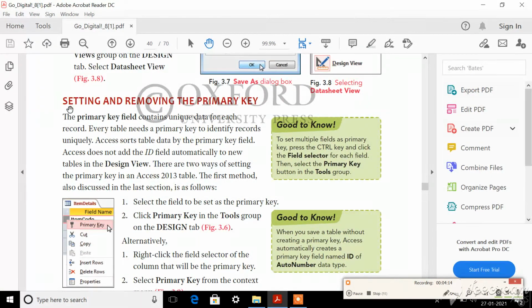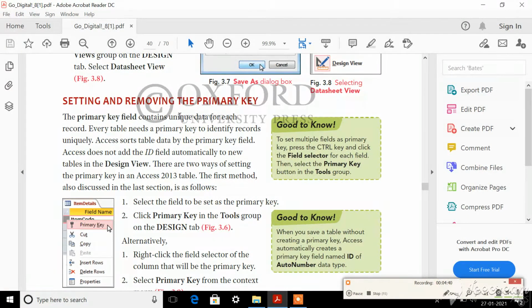The first thing, what is a primary key, dear children? Do you remember what is a primary key? It is a unique identifier. It is used to identify a data uniquely in every record. You know what is a record and what is a field, isn't it?